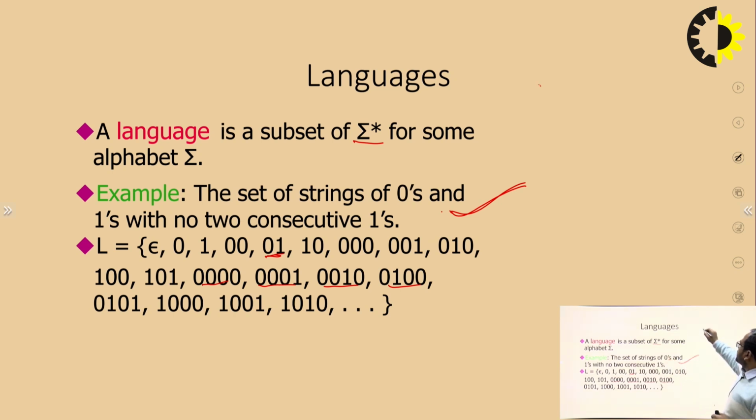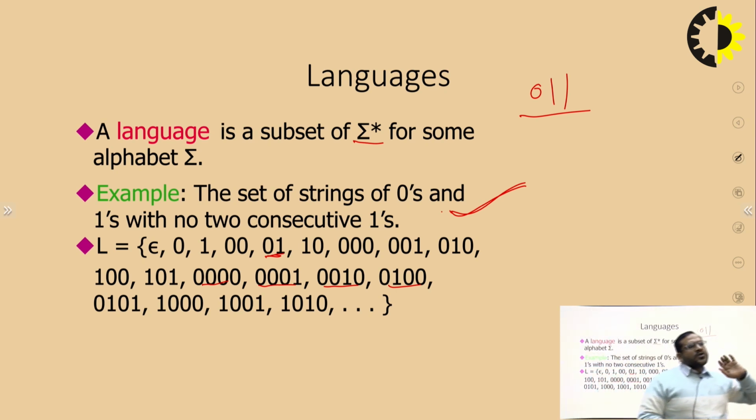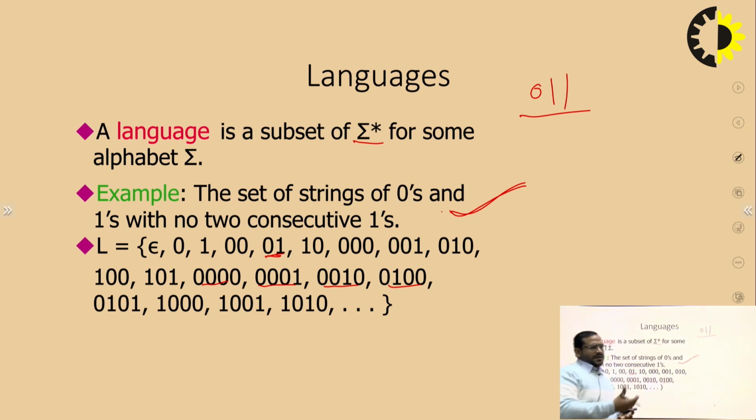Suppose I am giving, so you can see this is a string which has two consecutive ones. That kind of string is not acceptable by the machine which you are going to create for this particular language. Got my point? I think you must understand till now what an alphabet is. By using the alphabet, you can create a string, and a language is basically a set of strings, which is given by us. So that kind of example or problem you can use to create an